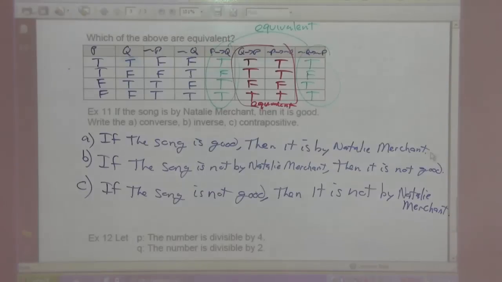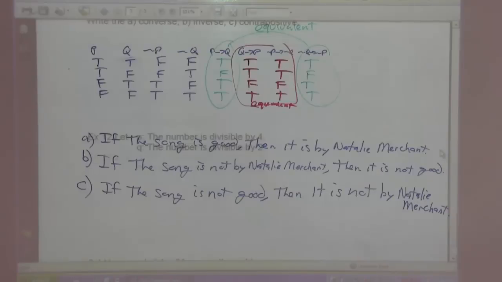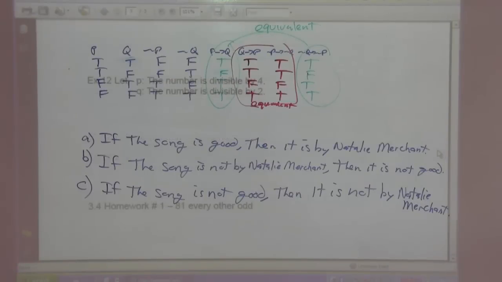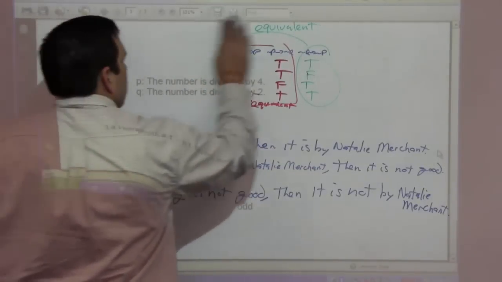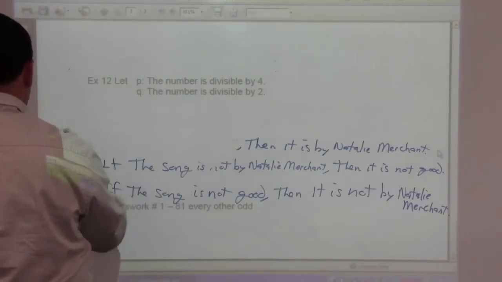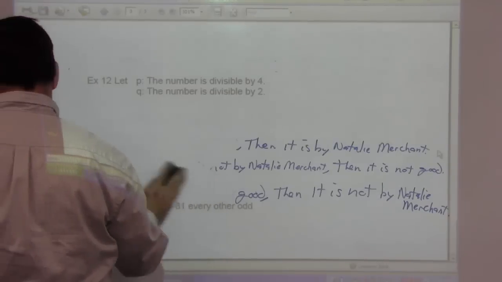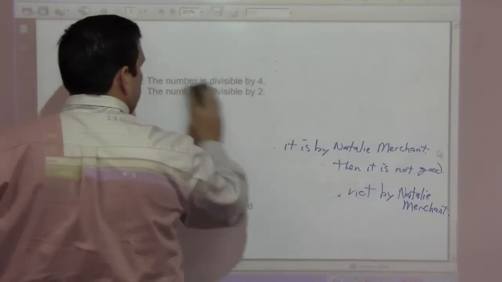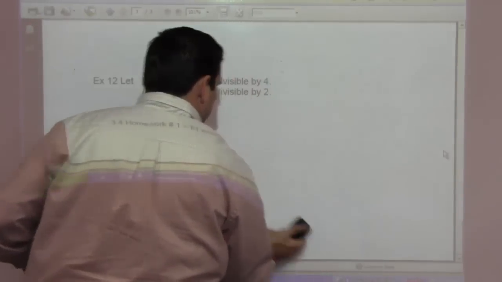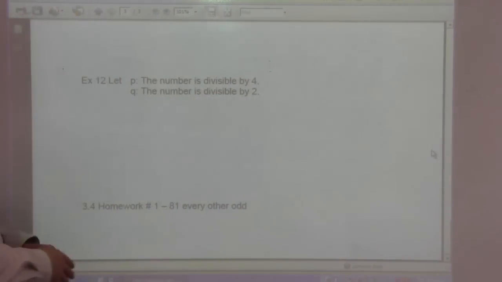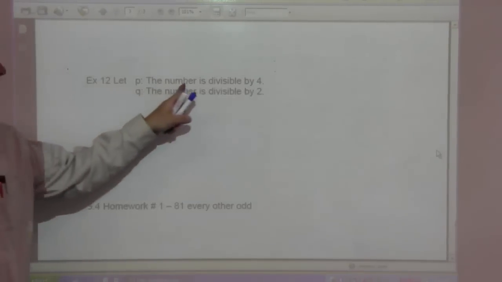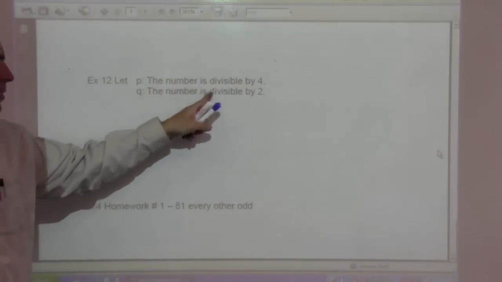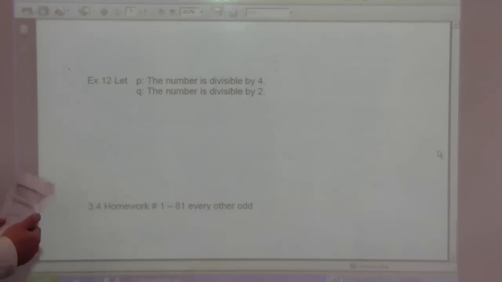I'm going to go on to example 12. It's our last example. It says here, let P... It didn't give instructions. We're supposed to find P then Q, Q then P, and all that. So P, the number is divisible by 4. Q, the number is divisible by 2. So we're going to find